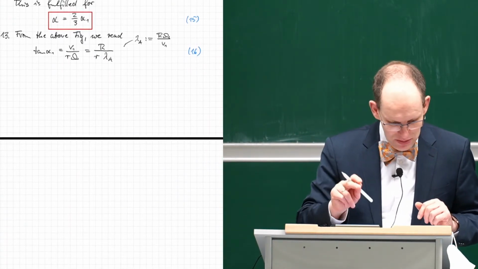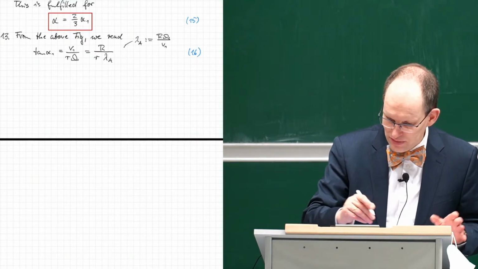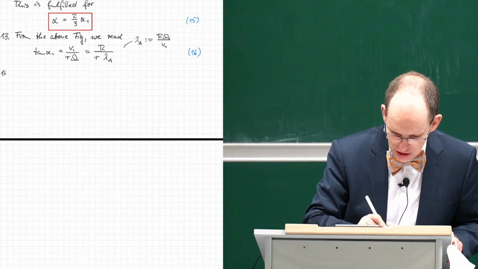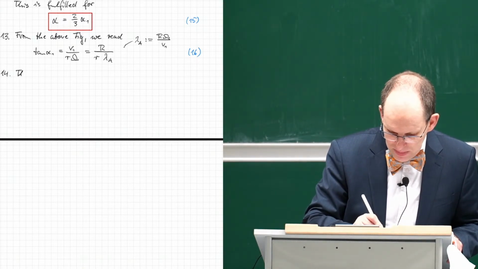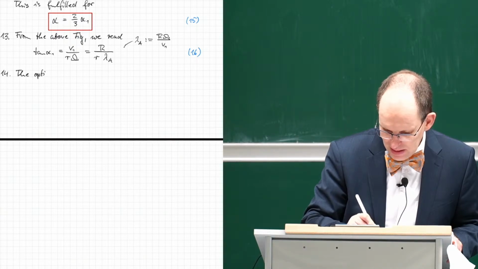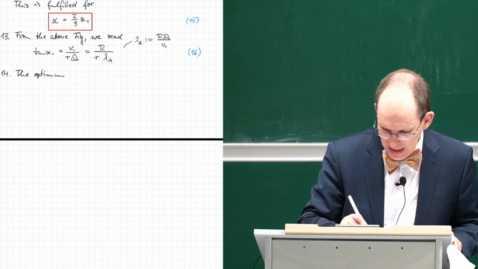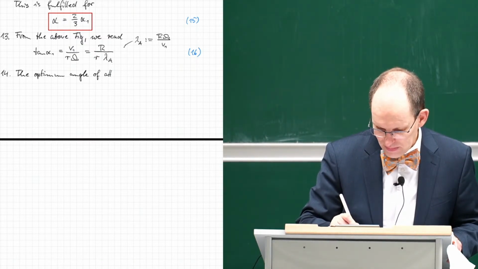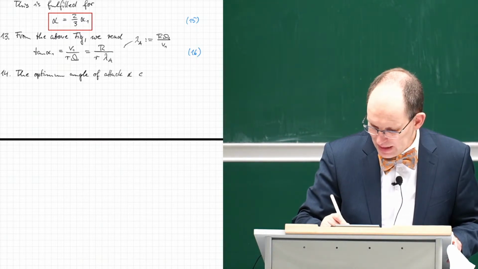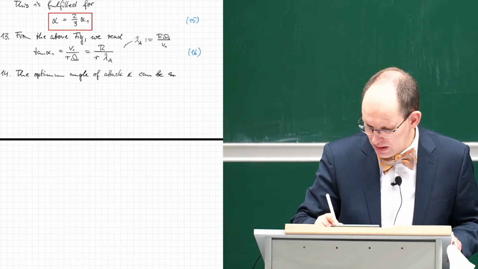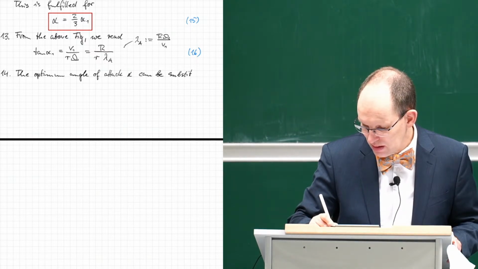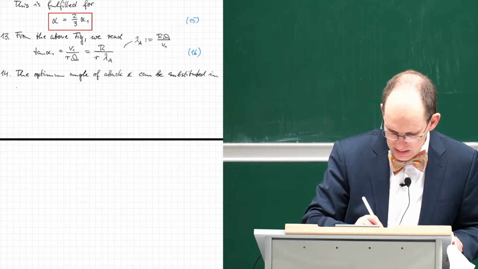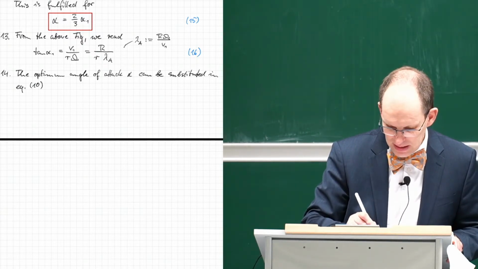Okay, so let's do that. A few more lines of lengthy calculation. So the optimum angle of attack, alpha, can be substituted in the equation for the lift. So this is equation 10. And then we get